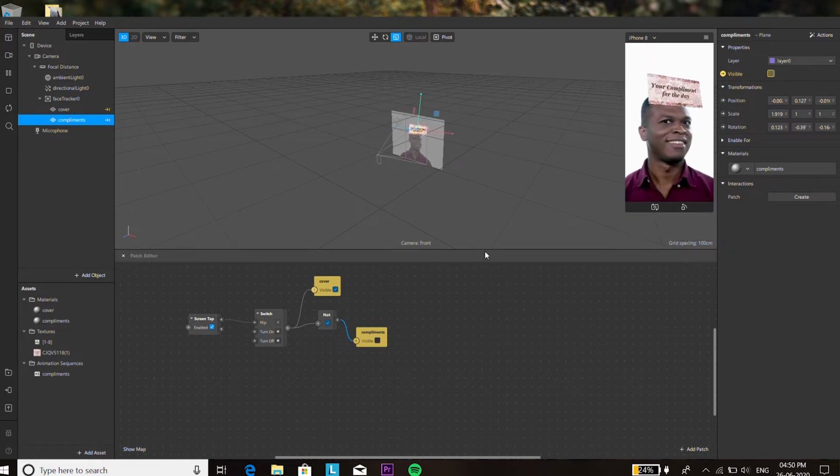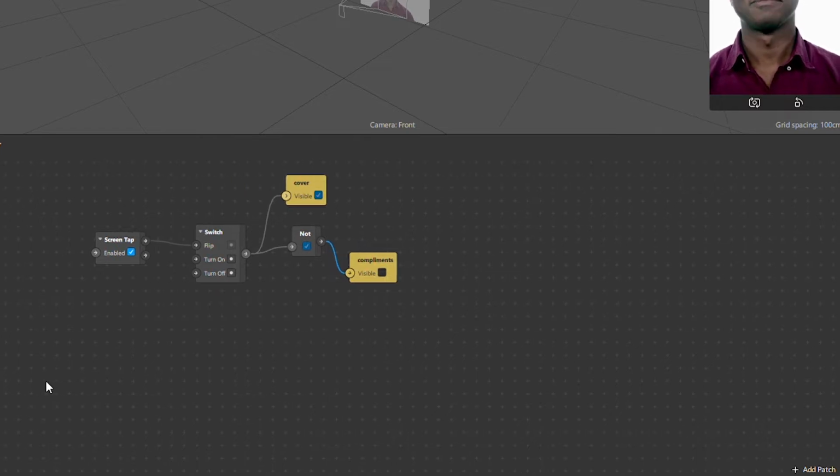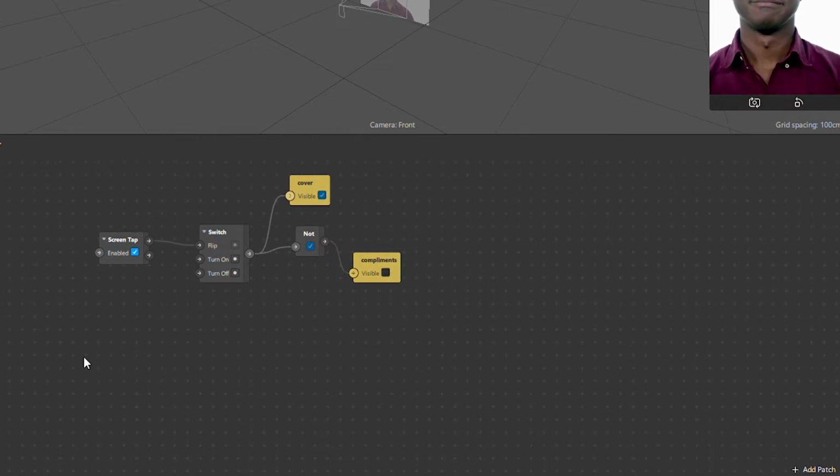The way it's controlled without JavaScript is using runtime. So again, right click, you'll see a pop-up box, which is unfortunately not visible here. Type in runtime and you will have a pink little box. Then do the same thing, drag the thing, drop it, and enter offset in the pop-up box and you'll have an offset. Now connect a thread from screen tap to the reset on offset. That means every time the screen is tapped, it will reset the filter.